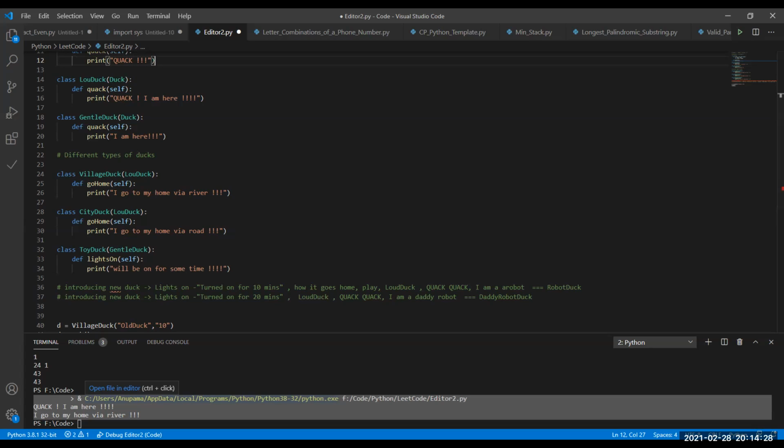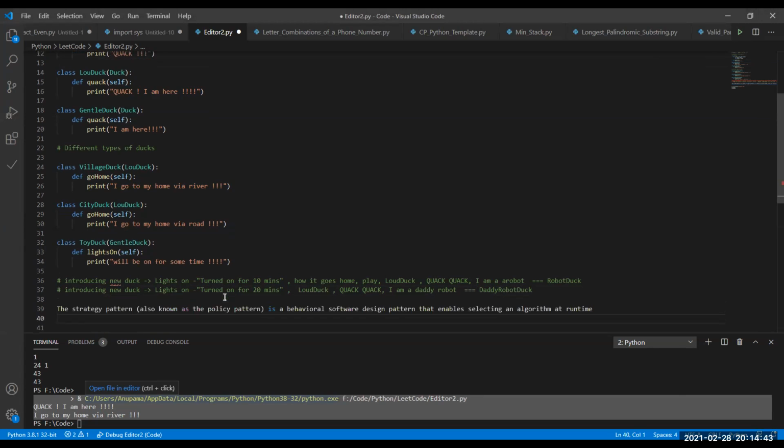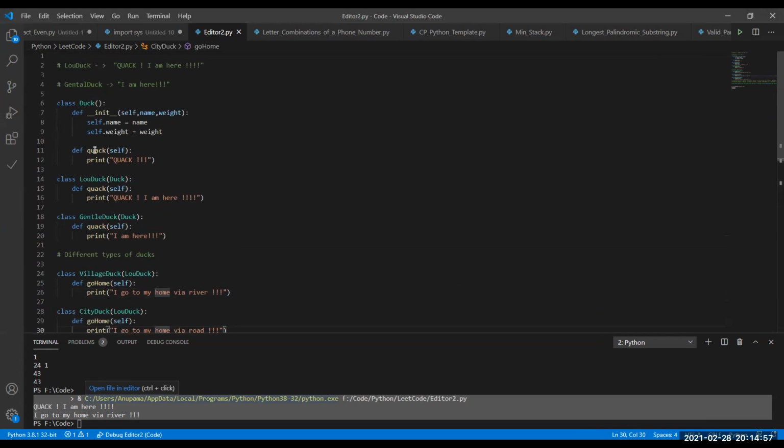Let me just get down the definition so that it'll be easy. Not inheritance, strategy patterns. This is a definition of a strategy pattern that enables the selection of an algorithm at runtime. So I think the simplest way is you can remove these particular methods and have the